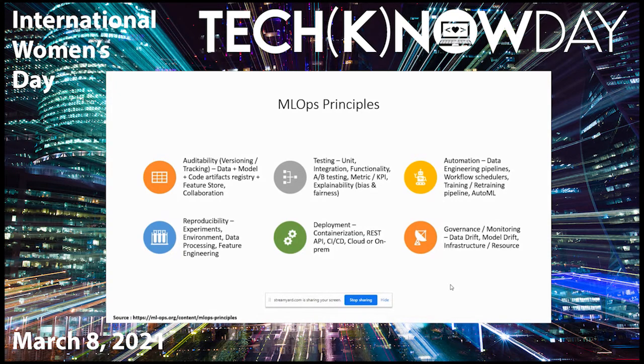The next important one is governance or monitoring, because this is very essential when it comes to machine learning projects. So unlike software projects, the quality of the ML project degrades. So there will be data drift or model drift. So when the model is trained on a certain distribution of data, the data that it sees in the real world might be completely different from what it was trained on. So in that case, you will have to decide whether you will have to retrain the entire model or update the model. So that kind of mechanism should also be present in the MLOps platform.